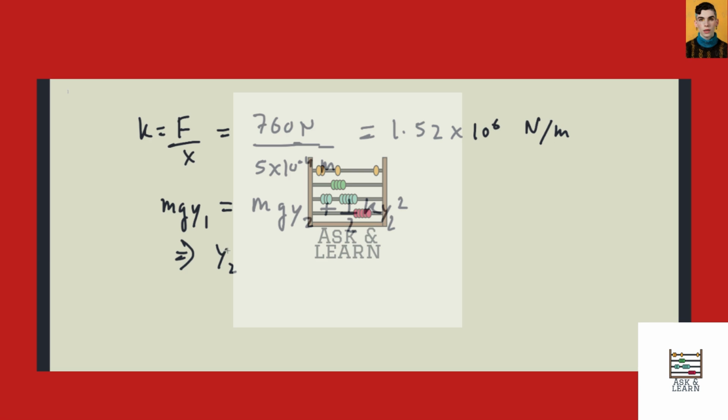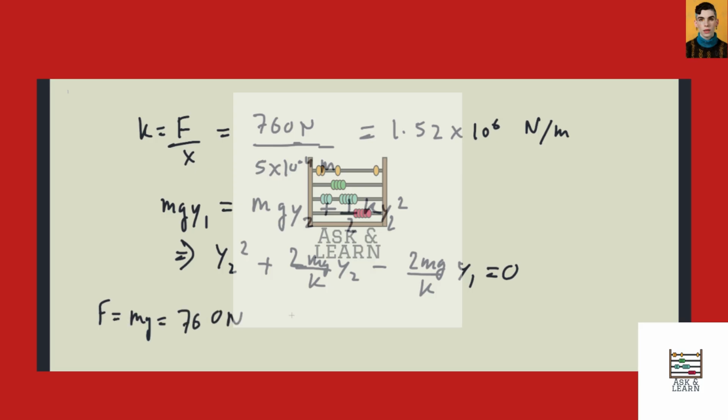So multiplying both sides by 2 over k gives us y2 squared plus 2mg over k times y2 minus 2mg over k times y1 is equal to 0. Okay, and so mg, remember the scale reads 760 newtons, so F equals mg is 760 newtons,